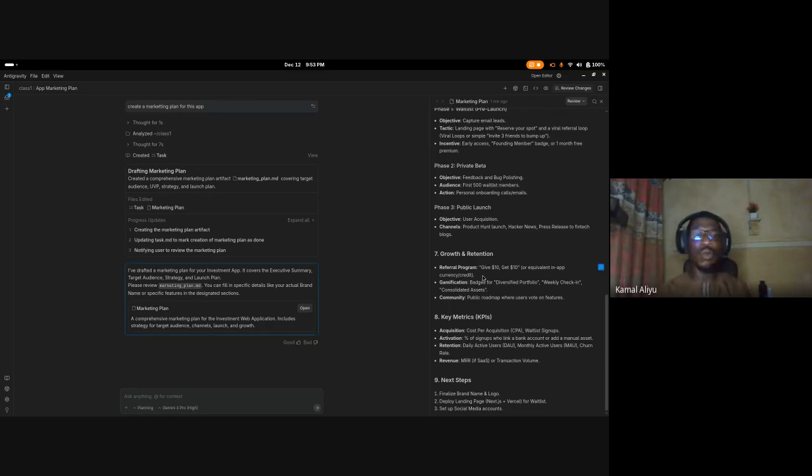You see, this is very cool. When you are using any vibe coding tool like Cursor, you go to another platform, another chatbot to generate this. And when you go to another chatbot, let's say you're working on a project, when you go to ChatGPT and you want a marketing plan, you will have to explain to ChatGPT what you are building. But this already has knowledge of what you are building. It knows what you are creating, so you don't need to explain.